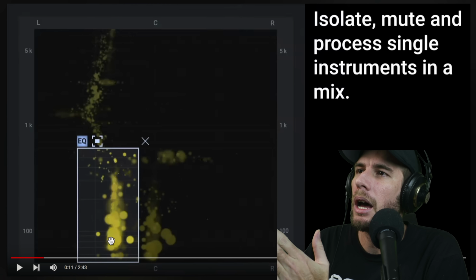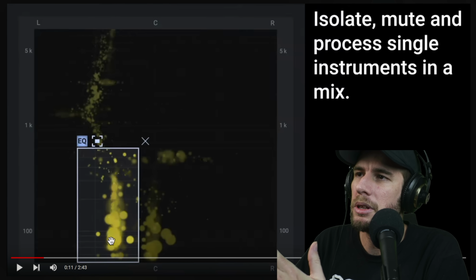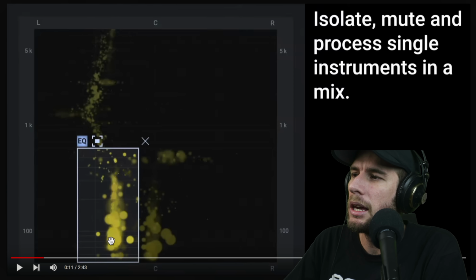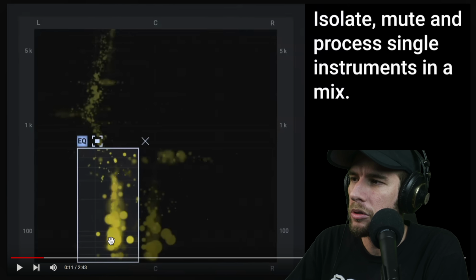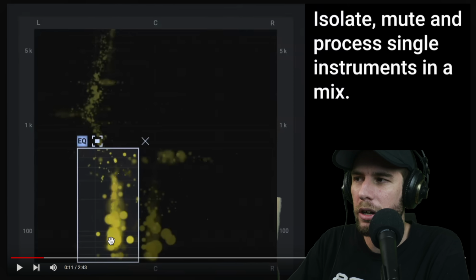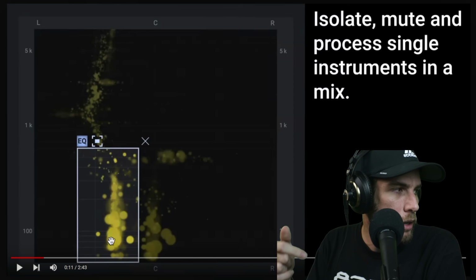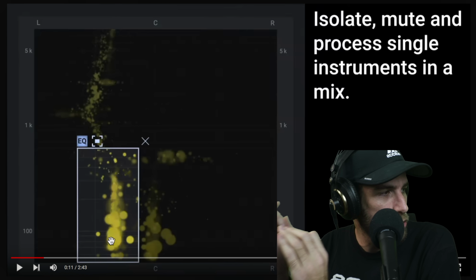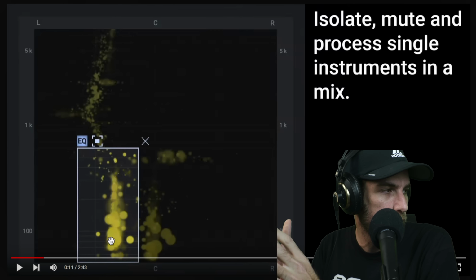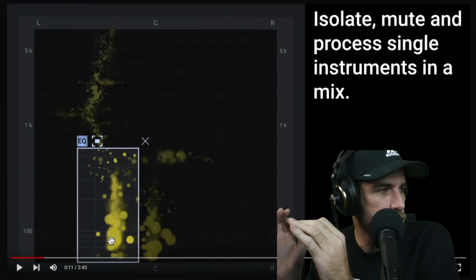So they claim it's to isolate, mute, and process single instruments in a mix. Now this is only the case if they are spread apart either frequency-wise or through the stereo imaging field. And as you can tell here, where they selected there, that's the bass. The bass is off to the left. I'm going to venture a guess that either they made the track like this in order so they could isolate the bass, or they specifically picked the track where you could do that. Now, is that deceptive marketing? Up to you guys. Personally, I feel deceived.